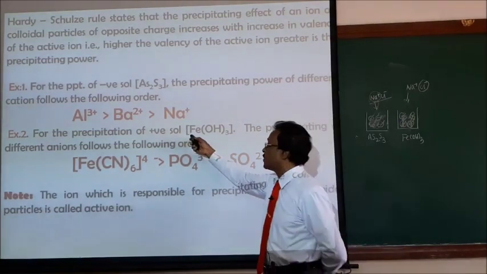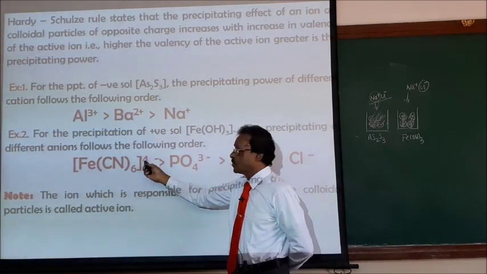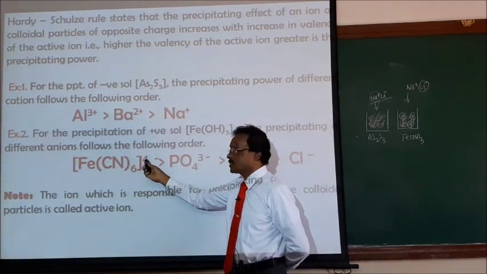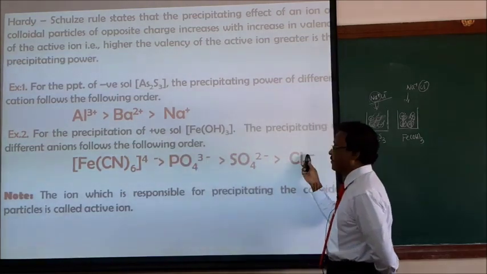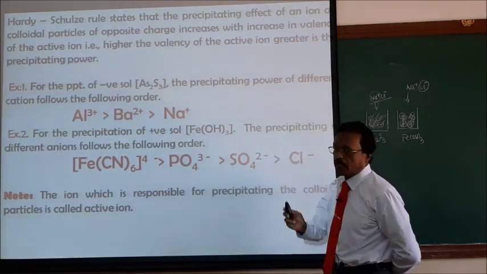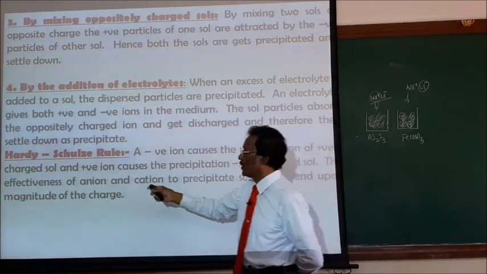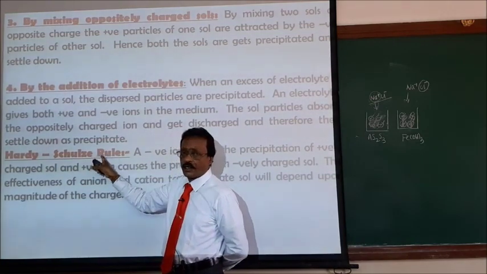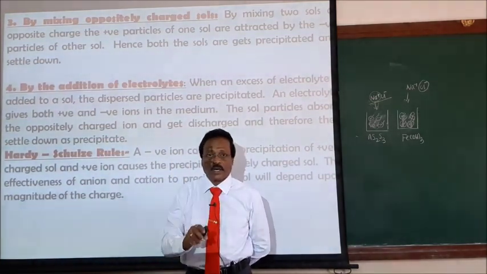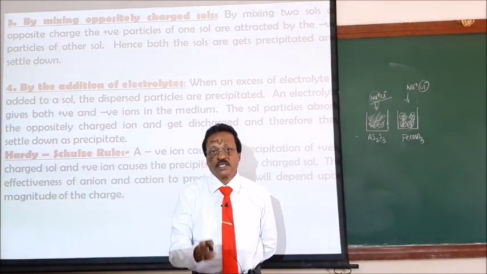I have taken ferric hydroxide, a positive sol. Negative ions bring about the coagulation. The ferrocyanide ion, 4 minus ion, is more effective in coagulation than the Cl minus ion. This is called the Hardy-Schulze rule, which states that the coagulating power of an ion on the colloidal particles of opposite charge increases with